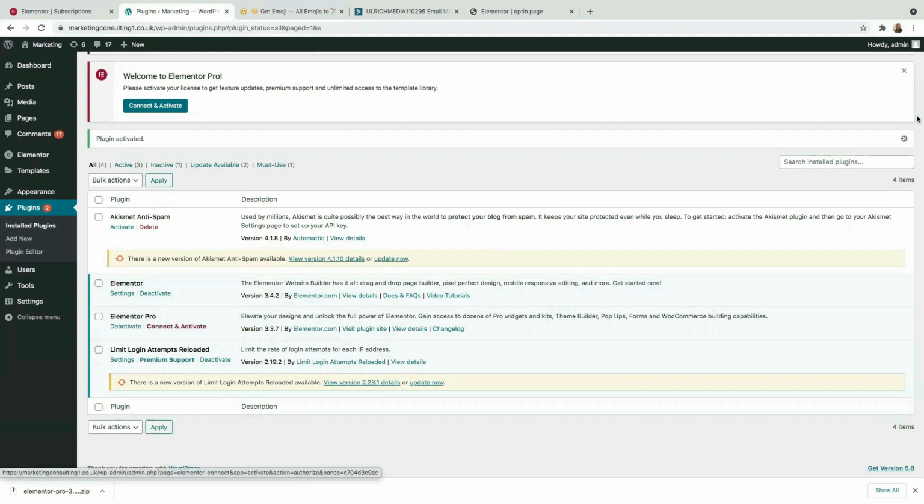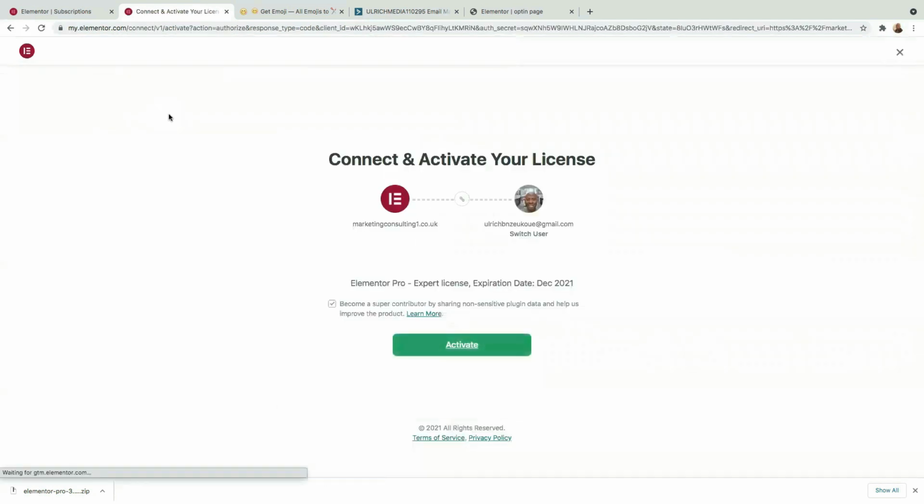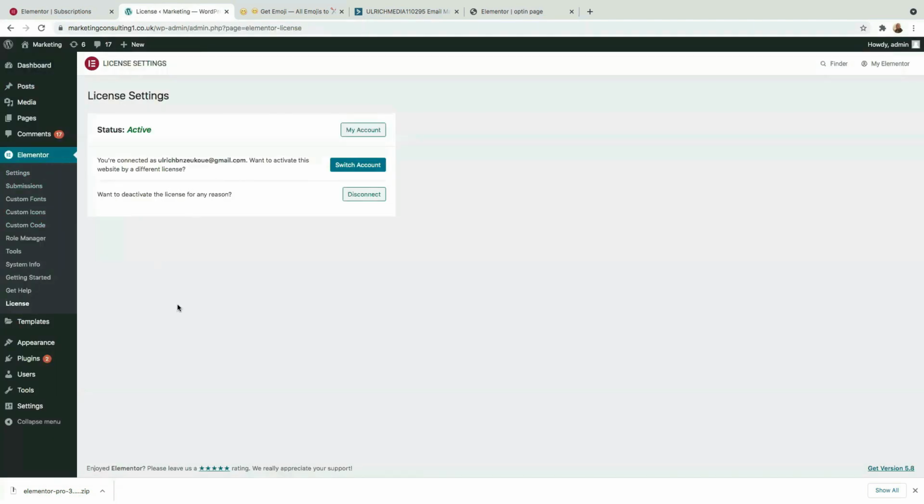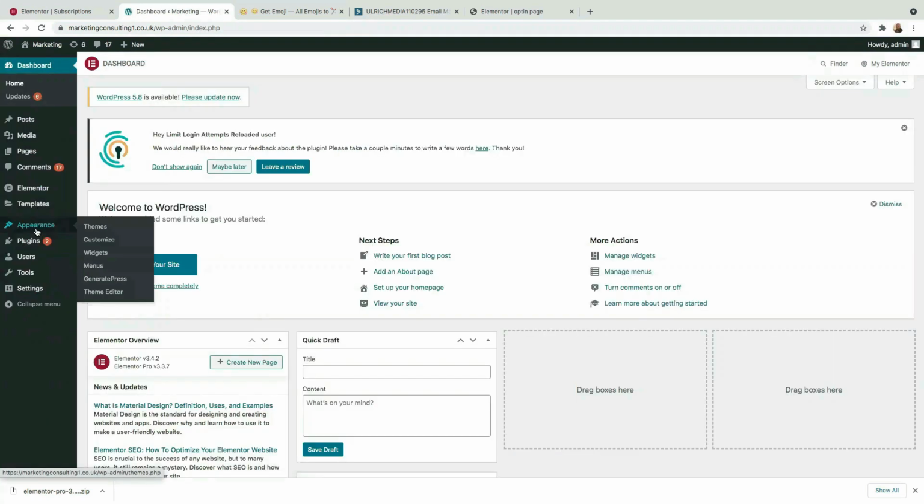So let's just click again here, connect and activate, just to double check, and just click on activate. Okay, everything has now been successfully activated, and now the status here says active, right? So that's absolutely fine. So now that we've added Elementor and Elementor Pro,